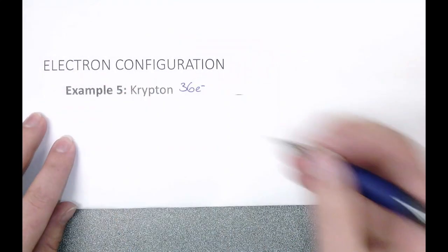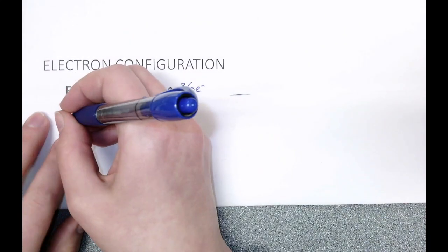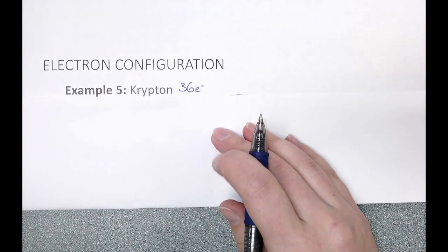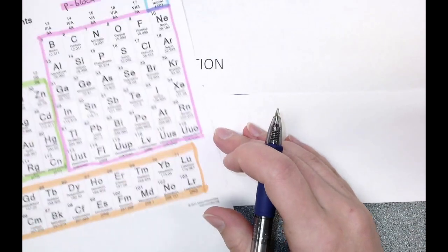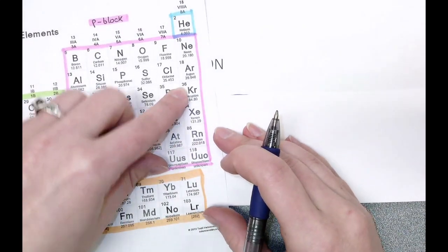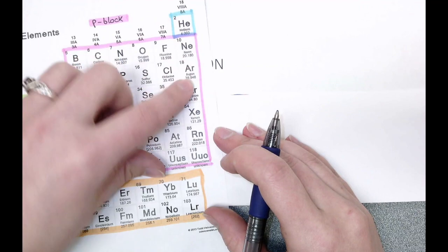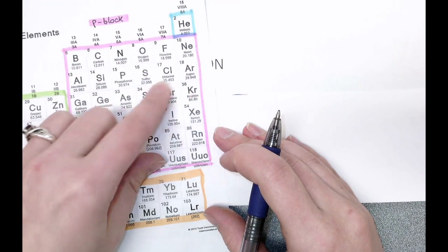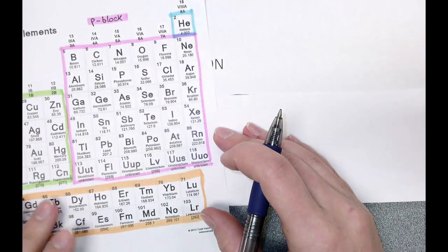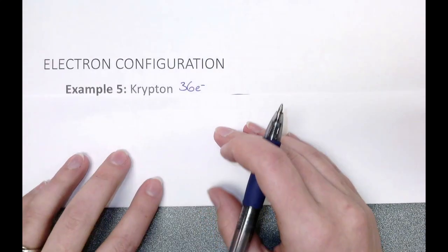But either way, I need to go until I have 36 electrons, which, if we use our periodic table as a handy helper, krypton is in row 1, 2, 3, 4, and it's a part of the p block. So the 4p orbital should be my last orbital. So I'm going to write